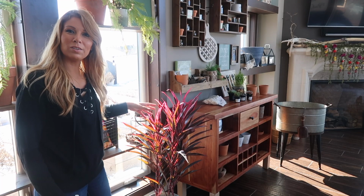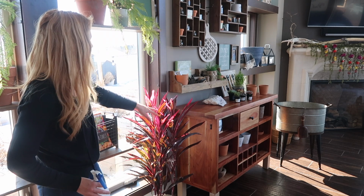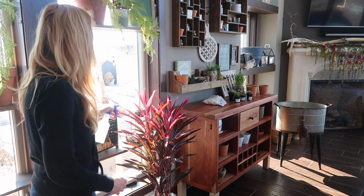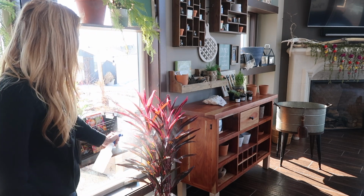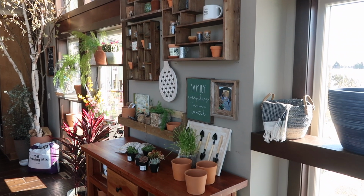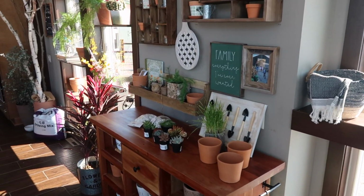We move our plants around a lot, so they're constantly getting even sun all the way around. Today we're going to turn it that way a little bit, and then we give it our daily spritz. So the daily spritzing and watering inside is all complete for now, but today we are going to pot up